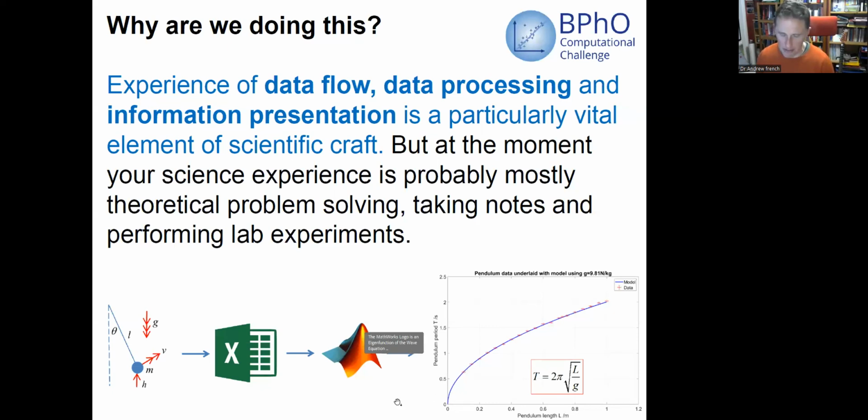Here's a nice graph, the pendulum period versus the length, which for those of you who study this, goes as the square root of the length of the pendulum, hence that's a square root curve. I've got some data points, and if you look carefully at your screen, you might see some error bars as well. So this is the kind of thing where we can automate mundane, boring tasks, because computers are really rather good at that. But humans have amazing reasoning, particularly in visual processing skills, and we want to maximize that.